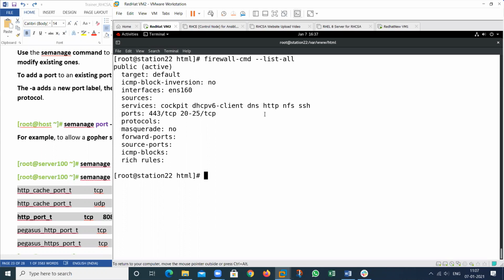Only this service is allowed by default, not all these services. So this service is allowed in my machine, but here there is no port allowed like 8888. So 8888 is not allowed here. You have to allow this one. Then the firewall will allow that service by using that port from the client side.